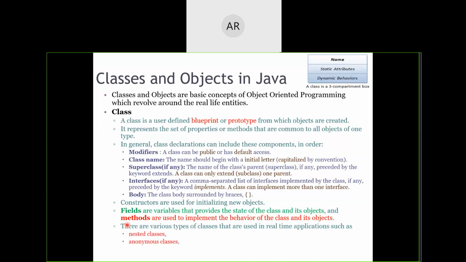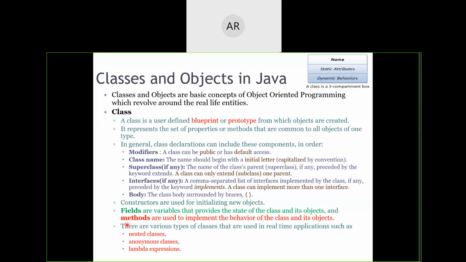Please go through. Now coming on to types of classes, there are various types of classes that exist in Java programming. We will not just create one class, we can create multiple classes. Not just one separate class, we can declare or define one class within another class, called a nested class. And we can create certain classes which will not even have a name. They will be just created without even a name. Those are called anonymous classes.